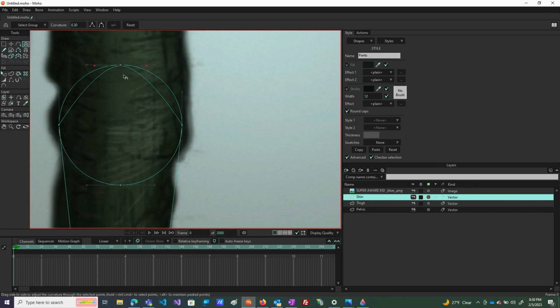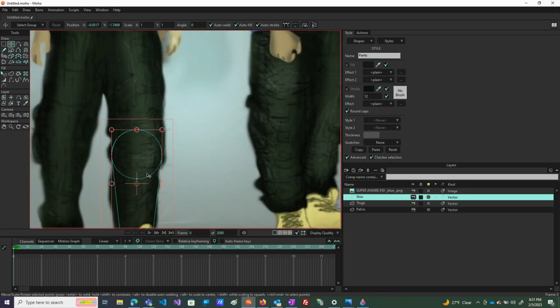Hit C for curve and adjust the parts we need to make them all line up perfectly. Final step is to bring the center point into alignment with the original circle, and we hit T, and now